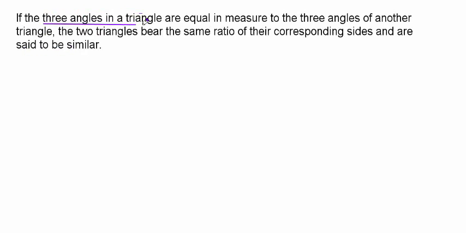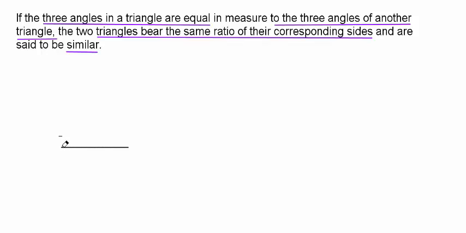If the three angles in a triangle are equal in measure to the three angles of another triangle, the two triangles bear the same ratio of their corresponding sides and are said to be similar. So if we have two triangles,